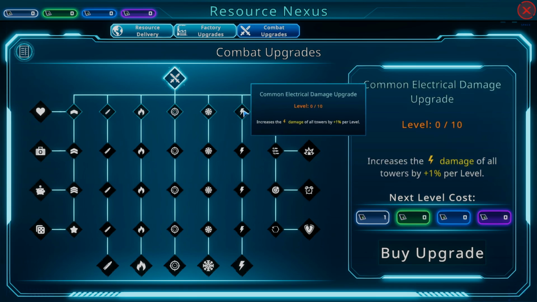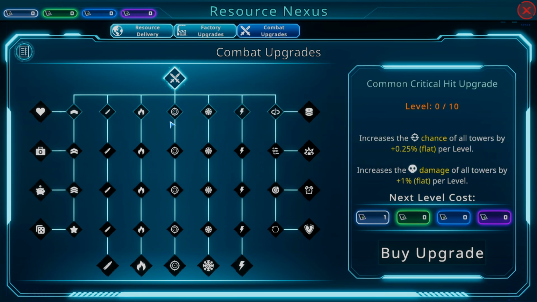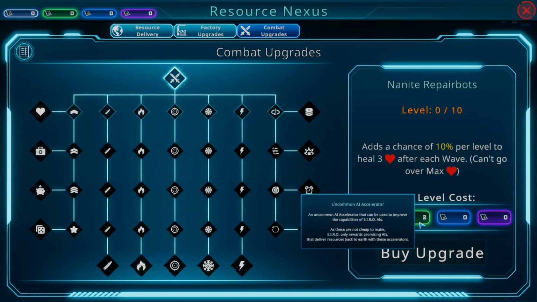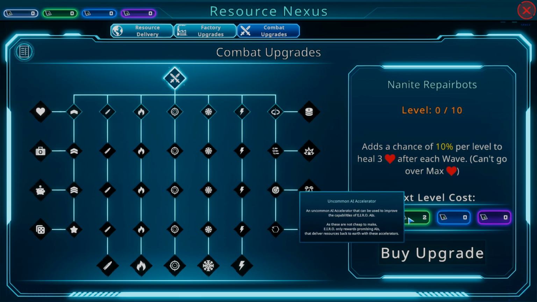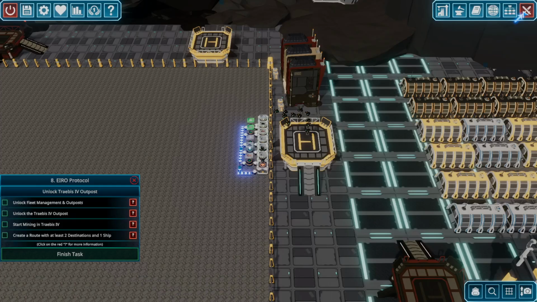Gets us just a 1% of damage for all towers. That's not a lot. And then some of these we saw, but these guys, yeah, they take a ton. 5 care package, 5 common AI accelerators and 2 uncommon. Uncommon aren't a big deal. I think those...